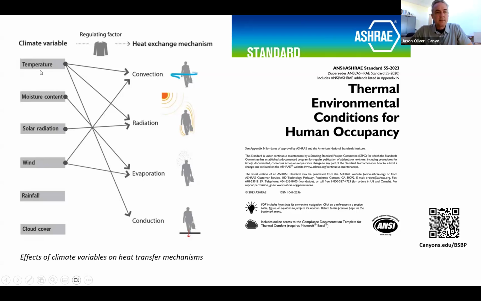And so in the exhibit on the left, we can see various climate variables that affect comfort: temperature and humidity and solar radiation. For people, we vary our clothing based on what the conditions of the weather are that day. We put on a jacket or take off a sweater, or dress accordingly. And even our activity levels, we will moderate based on those conditions.